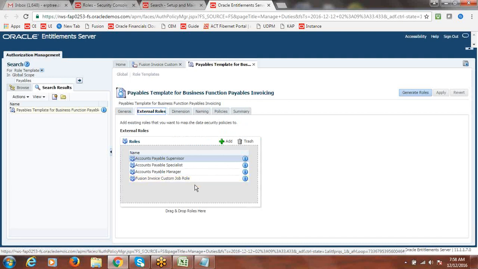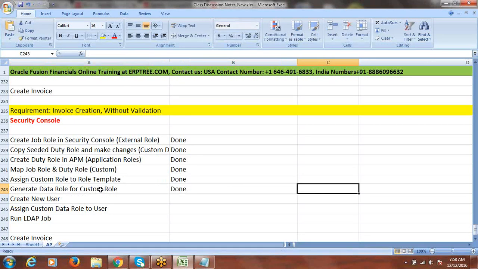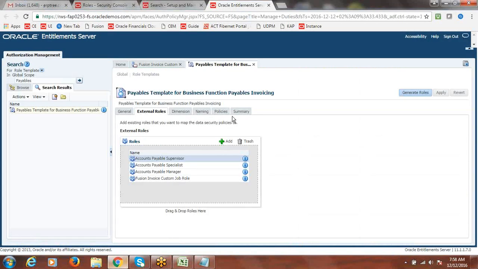Let's go and create a user to test it separately, because if you add to an existing one you cannot understand whether that validation option is coming or not. So we'll follow this process we generated. Now we'll go and create the new user. In this example we are making the difference with only the validation option, and apart from that we just went through how to create this, how to copy, and how to make some changes to functions, that also we discussed.